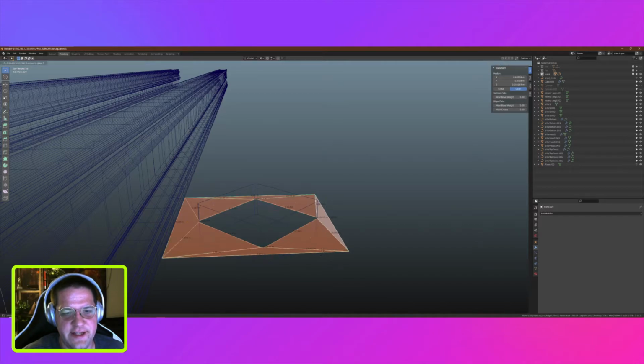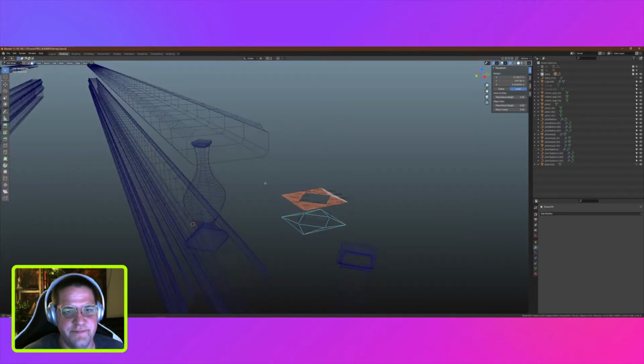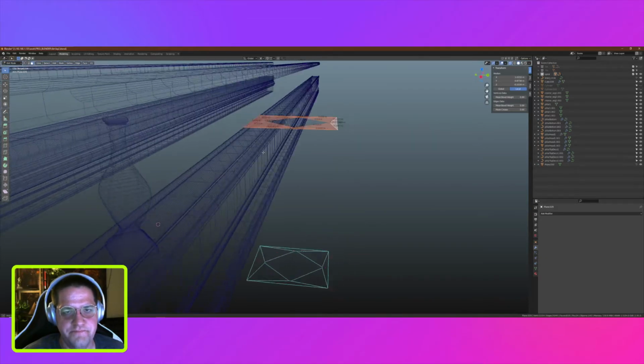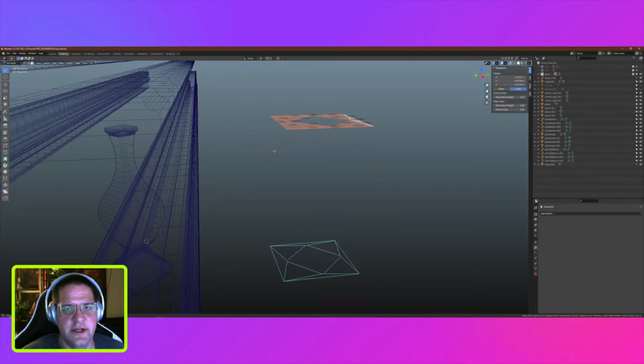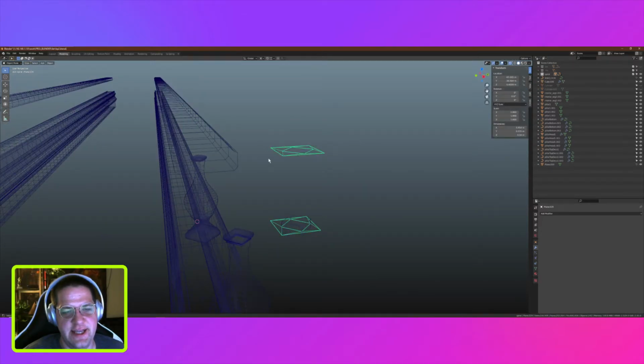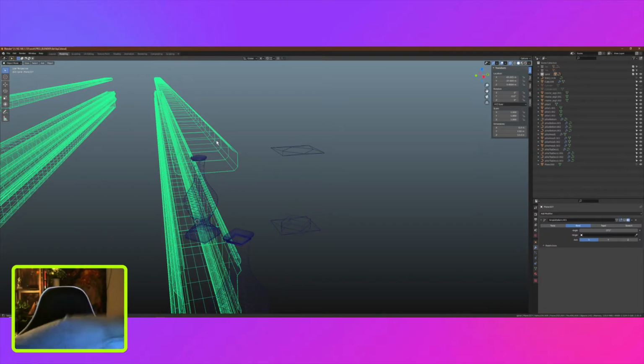I'm doing it by face here. And then I am just gonna hit G, Z, and then hold Control to do that. I'm not really worried about how it's gonna face because at the end of my modeling,